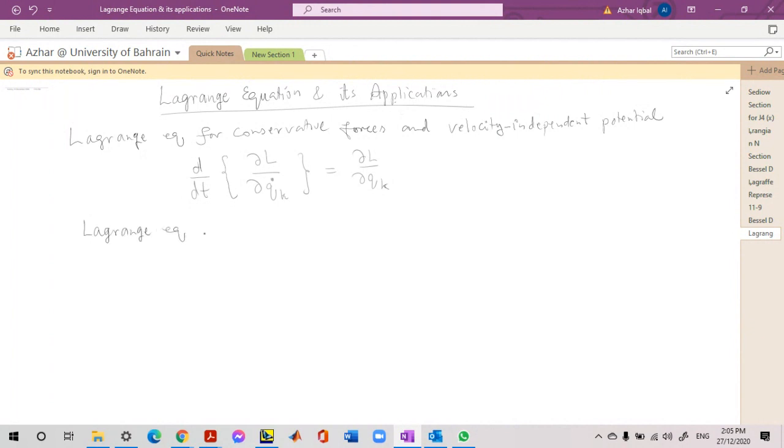So Lagrange equation when non-conservative forces are present is written as d over dt of, again, the partial derivative of the Lagrangian with respect to qk dot, minus partial L over partial qk,